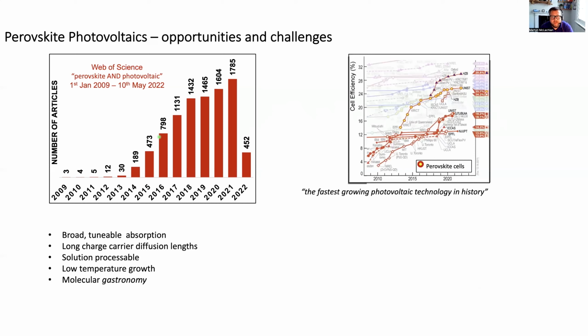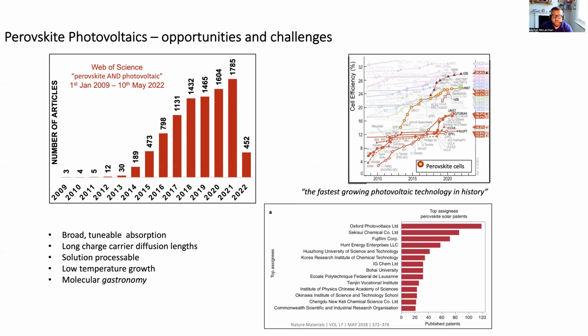The impact of the academic output, however, has been significant. And here we're looking at the photovoltaic cell efficiency chart, just one section of this emerging PV that's produced by the National Renewable Energy Laboratory in the United States. And again, the perovskite cells indicated here with the red circles with the yellow infill. Again, what we can see is this really remarkable increase in measured device performance, the power conversion efficiency, from the first recorded cells around the mid 2010s, rising up now to champion performances that actually exceed 25, pushing 26%